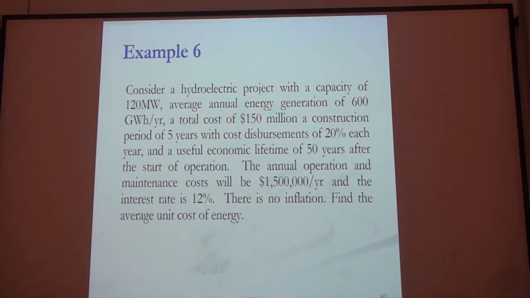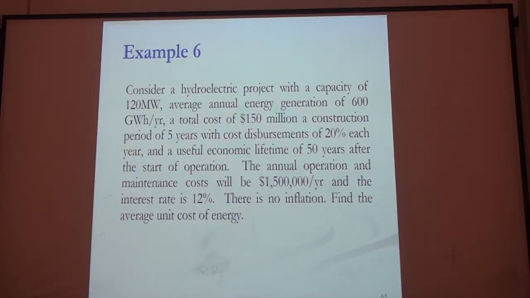Please note one thing: when energy is already given, then we don't have to worry about the 120 megawatt. Unless we have to find the energy from this capacity, we don't have to worry about it. Clear? So energy is already given. We are asked to find the average unit cost of energy, so we don't have to worry about this 120 megawatt. Another thing to note is